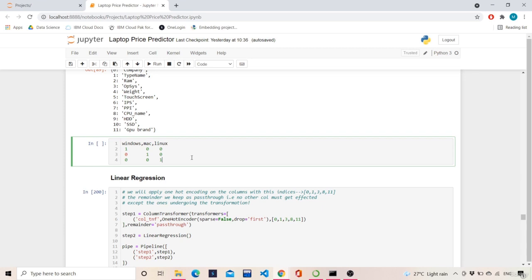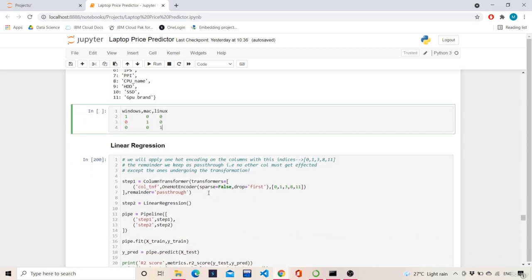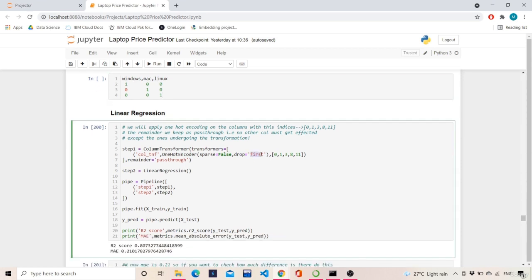That means the third one is automatically true. So that is the meaning of drop. This column transformer internally has this logic of dropping a few columns but preserving the importance of that column. So that is why this is drop is equals to first.